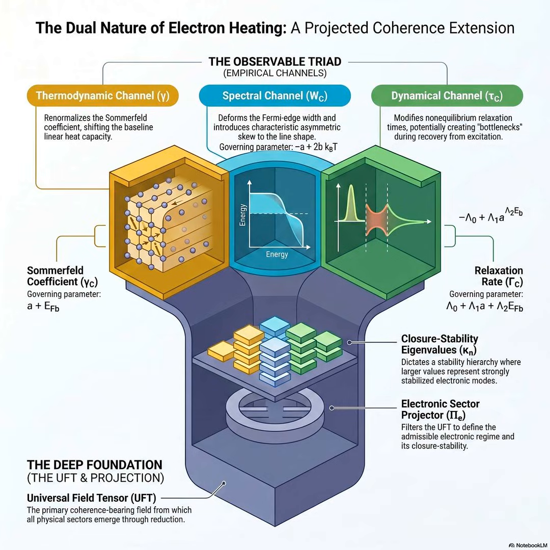And on paper, that seems like a massive victory, right? We just go into the lab, we measure the heat capacity of a sample at low temperature, we see that the measured gamma is different from the textbook prediction, and boom! We've proved the existence of the universal field tensor. We found the invisible structure. Well, that assumes we are stopping our critical analysis there. And the reality of experimental condensed matter physics is far, far more complicated.